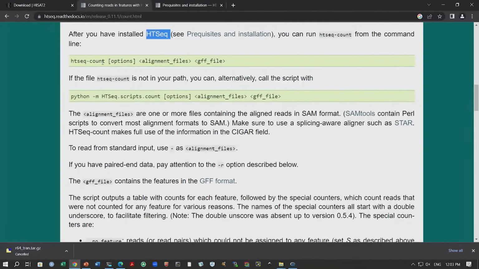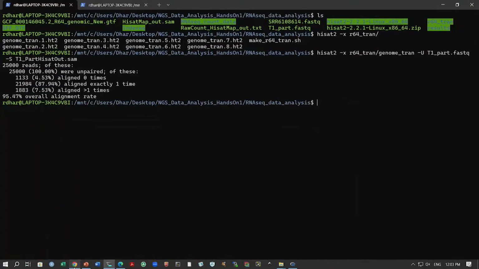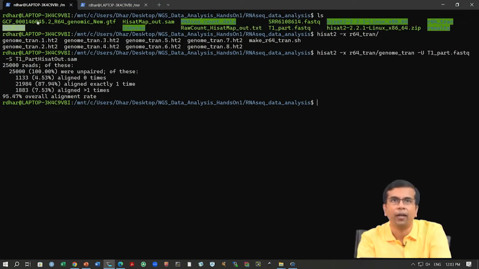Here are the options. Again, we will not use any options. So, what it needs is the alignment file, the SAM file that we generated, and the feature file, right, the GFF file. Okay. So, we have downloaded the GFF file. So, let us see, right, the GFF file is here, GFF GTF. You can see this, right, inside this folder, right, and I have simply copied this GCF genomic .gtf. This is the file that you can simply use. Okay. So, let us see if we can